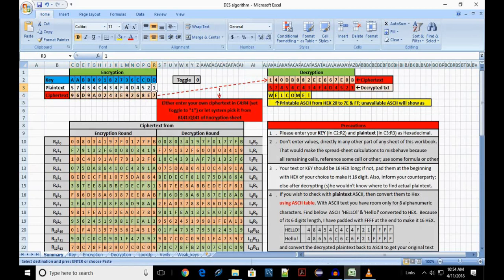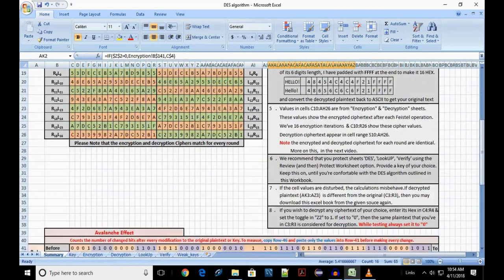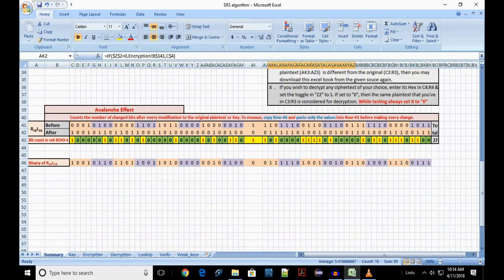Let us change the final one in the plain text to 2. We are changing it just by one bit. The new binary ciphertext is automatically copied to row 42.